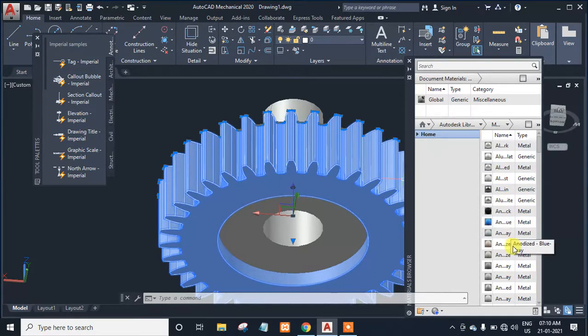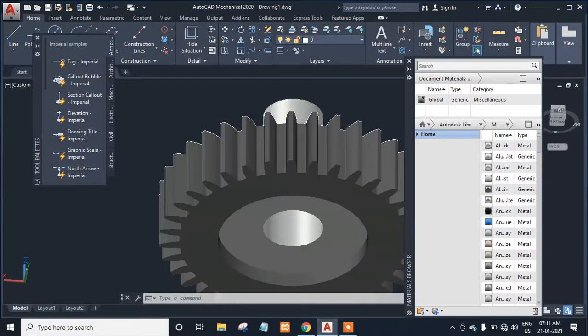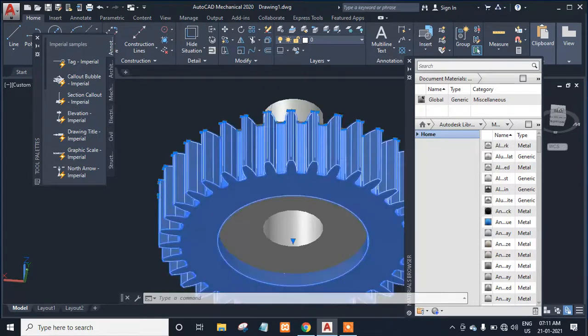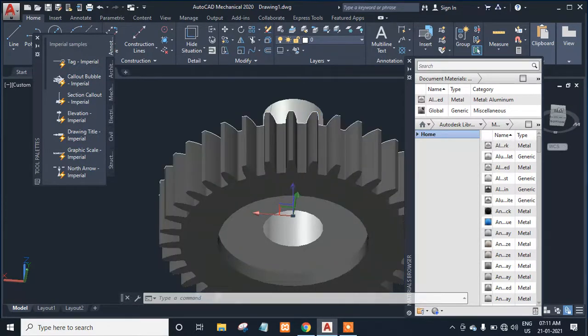we'll take any material like this one. See, the material is applied, and just press the shift and just rotate it.